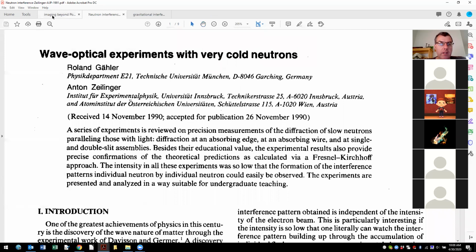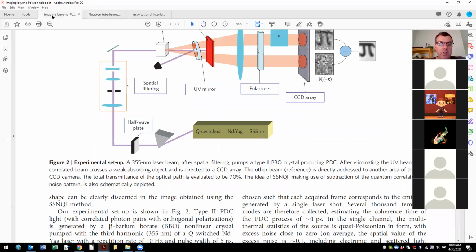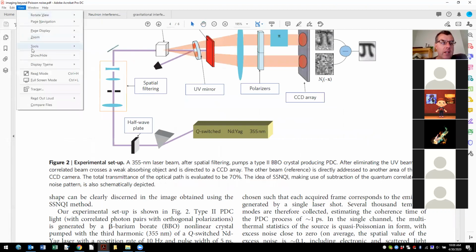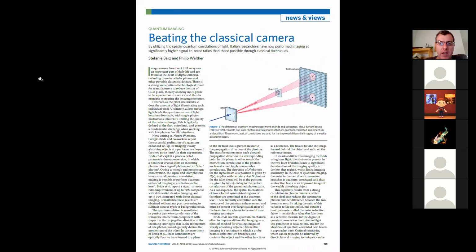Another thing that's worth mentioning, we can do more with these correlated photons than just test fundamental ideas of quantum mechanics. I told you last time about shot noise, about the fact that when you detect light, when you produce light in many cases, and certainly when you detect it, the number of photons that you get is given by something called a Poisson distribution. Well, some people 10 years ago did an experiment where they take